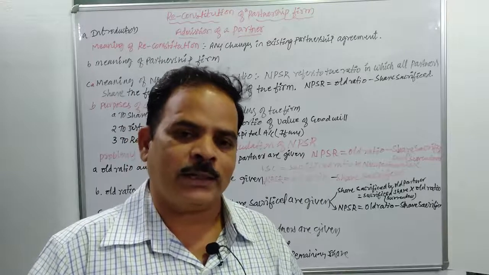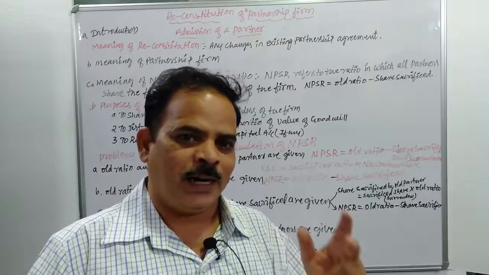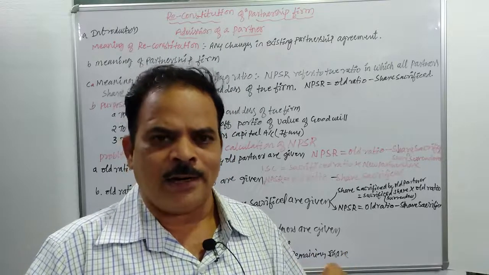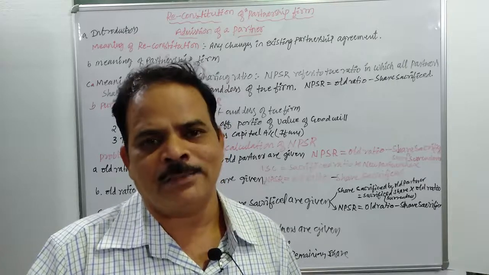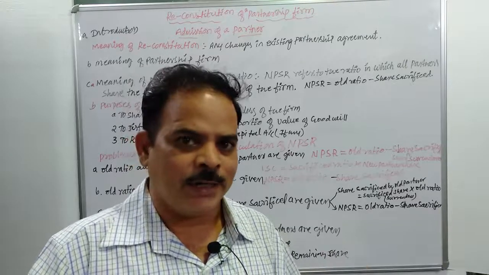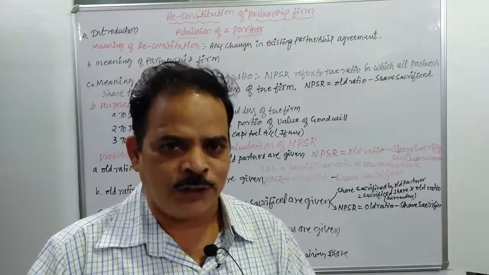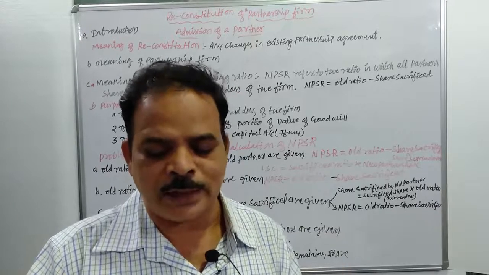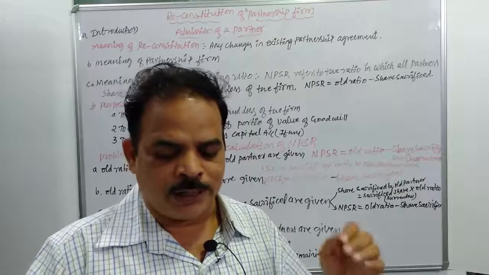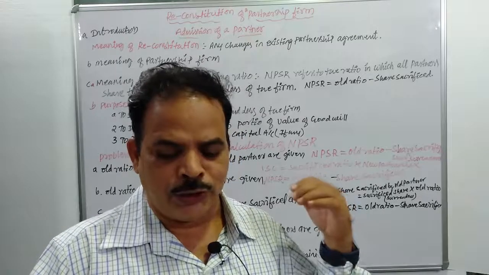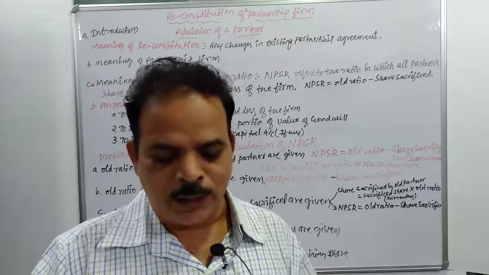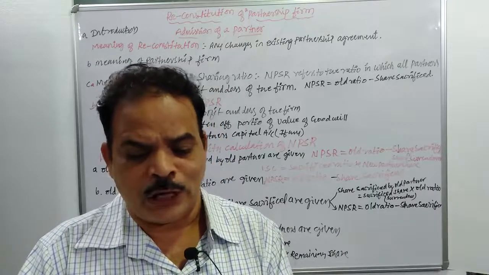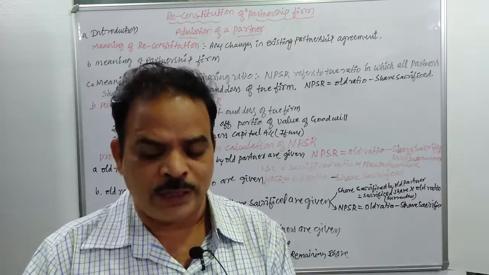Already we know the drawbacks of the sole trading concern. There are two main drawbacks: limited capital, and limited managerial ability. To come over from this, the partnership firm was started. So that is the reason why we start the partnership firm: to increase the capital, to expand the business, to improve the managerial ability, and to increase the goodwill of the firm. These are the main important reasons why we take a new partner into the partnership firm.